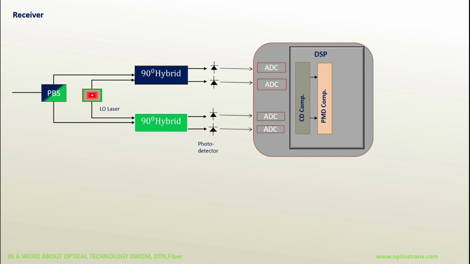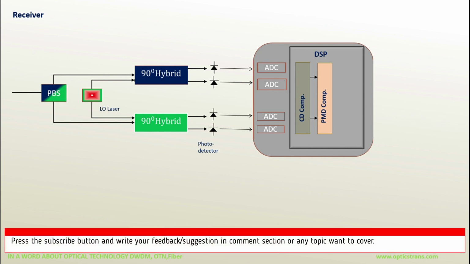The DSP compensates for dynamic rotation of the polarization, which slows or changes on its journey. It's now compensated using polarization mode dispersion compensation. And the last function is intradyne carrier recovery, in which carrier recovery between the received signal and the local oscillator is performed, and we will receive the signal at the output end.